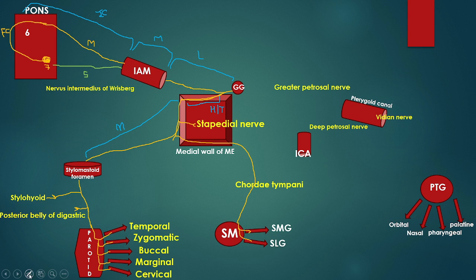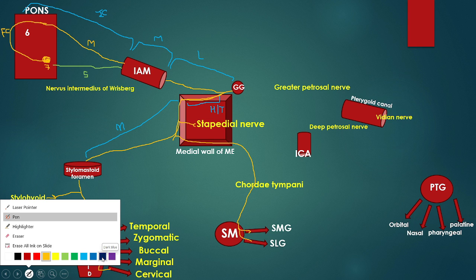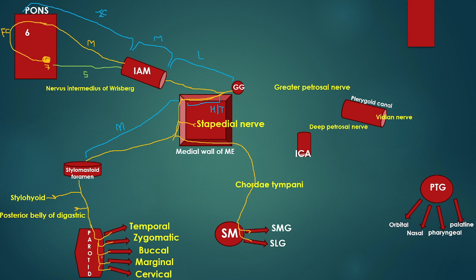Okay. Now one more important fact is that if you have seen my trigeminal nerve root video, in that we discussed the lingual nerve. Lingual nerve is a mandibular branch of trigeminal nerve. Now this mandibular branch of trigeminal nerve relays its fibers to the submandibular ganglion, and then lingual nerve over here, lingual nerve is a mandibular branch of trigeminal nerve, right? Now this lingual nerve also supplies the anterior 2/3 of the tongue, but that nerve supply is the sensory nerve supply of the anterior 2/3 of the tongue.